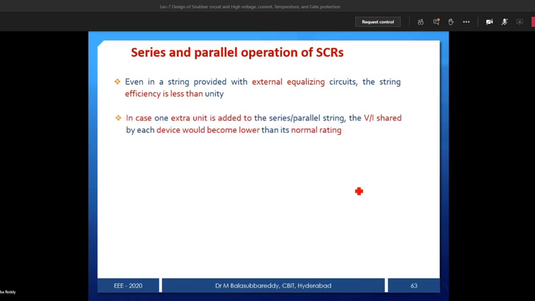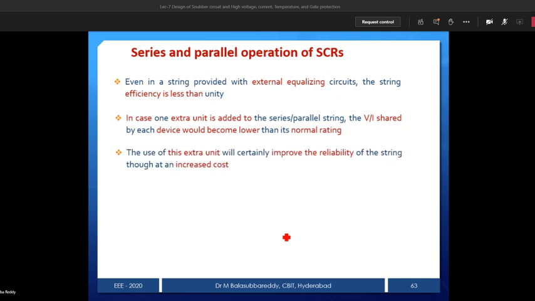For that we use additional components. One circuit is the static equalizing circuit, for normal operating condition. Once it is a transient condition, there is also a problem. To overcome that problem, you have to use a static as well as a dynamic equalizing circuit. By making use of these two, this extra unit will certainly help, because when connected in series and parallel, the number is not fixed. Why is the number not fixed?